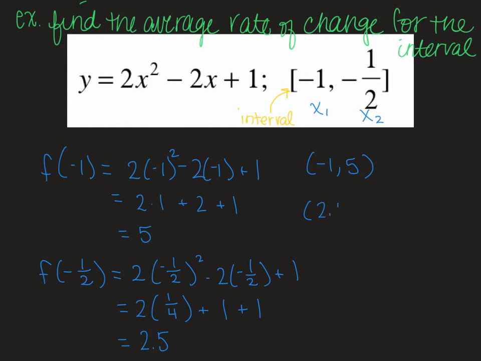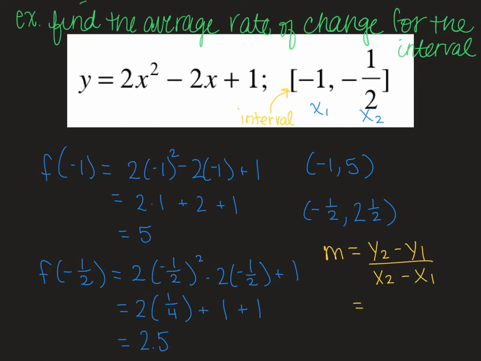Oops, wrote it in the wrong spot there. Let's see, we inputted negative 1/2, and then our output was 2.5. So now we have our y1 and y2 along with our x1 and x2 that was given. We can use our slope formula, or you could use the average rate of change formula, and it's going to be your y2 minus y1 over x2 minus x1,